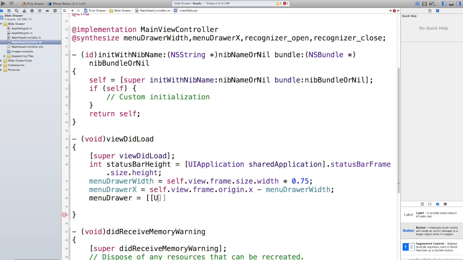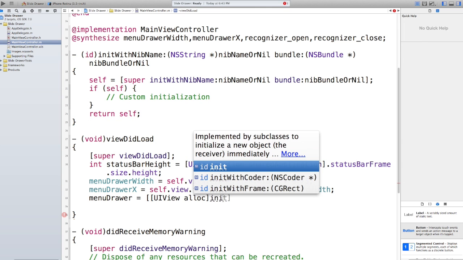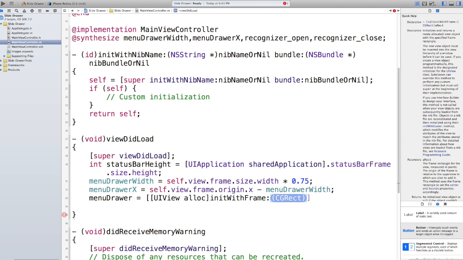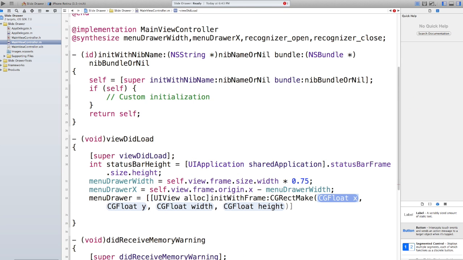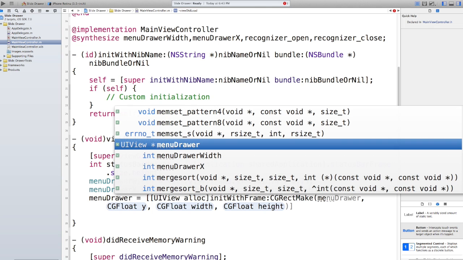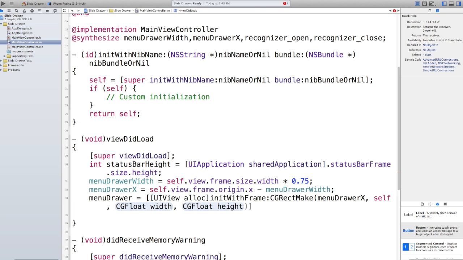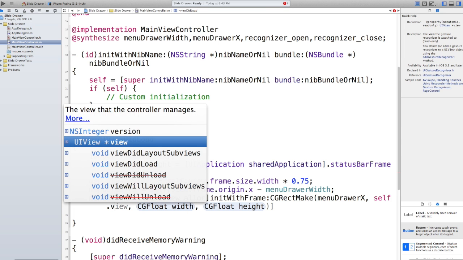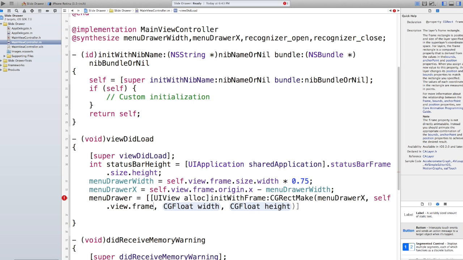So now we can set up the actual drawer itself of the view. It's a UI view, allocate. Now we want to init with a frame, and I'm going to use the CG rect make. And now the X, which we've already declared, so we want menu drawer X origin. Now the Y, we're going to use the main, so we want self.view.frame origin,